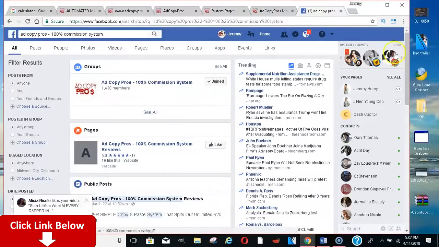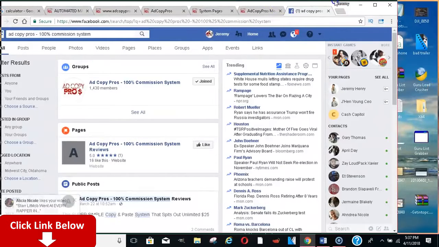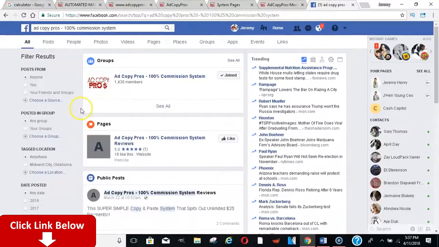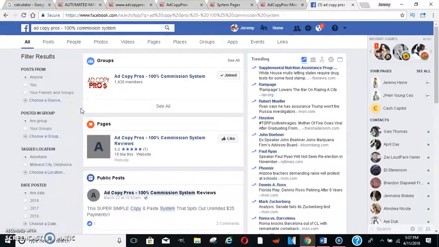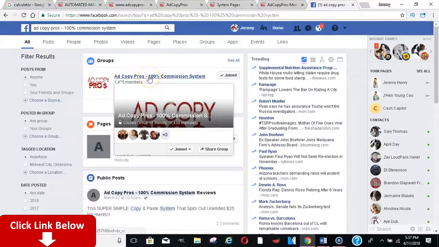You also get this right here, which is, I don't know if you can see that. This is my software. I have two softwares. You get those for free, okay? If you don't join my team, then you do have to pay additional fees to get those. But you get that when you join the team, and I'll teach you different strategies and methods like that on how to post.